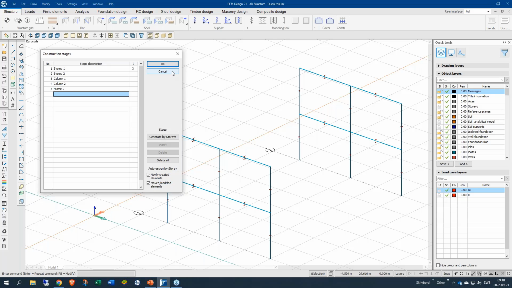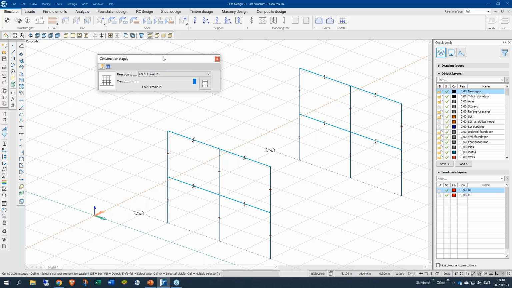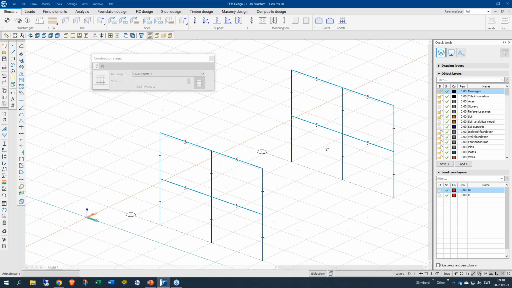If we would have more elements introduced or placed in the model, they will be automatically placed in or auto-assigned to stories as shown down here. And here I will see the different stages, and here I will have the frame 2, and I will be assigning it,